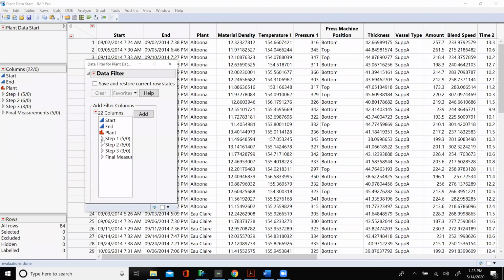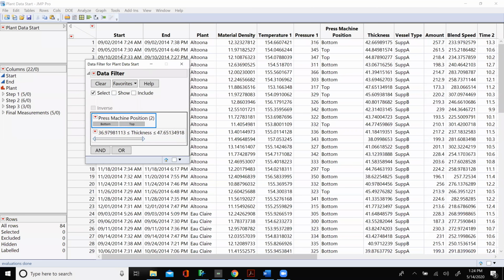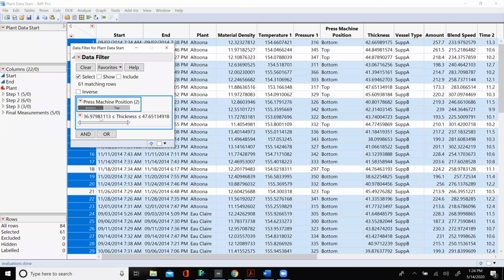Under step 1, I said all the ones that are on bottom, that would be the machine position, that had a thickness, I'm going to hold the control key down, of greater than 40. I just select both the things that are my criteria and I add. And I say bottom, greater than or equal to 40 actually.